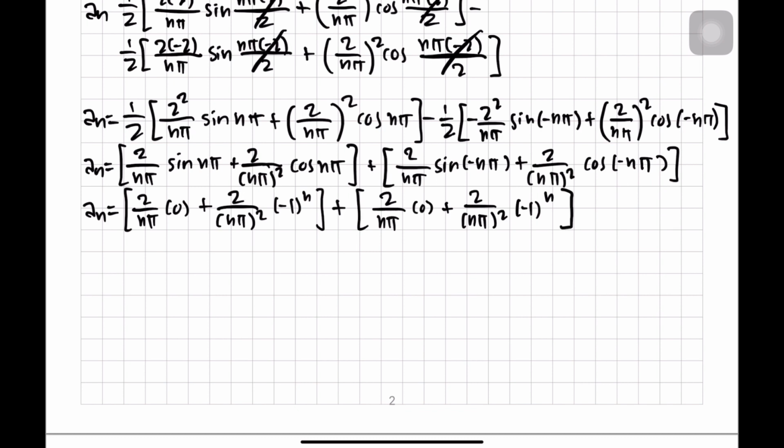Okay, so with 0, it's negative 1, that's 0, it's negative 1. If it's 0, automatically 0, cancel out, and we will be left with these small values, which is 2 n pi squared negative 1 n